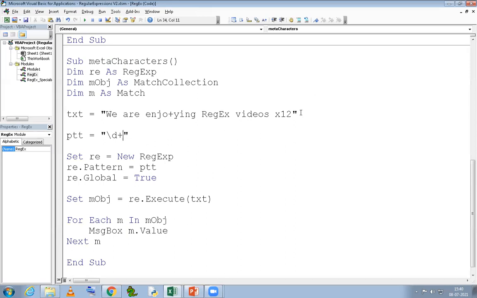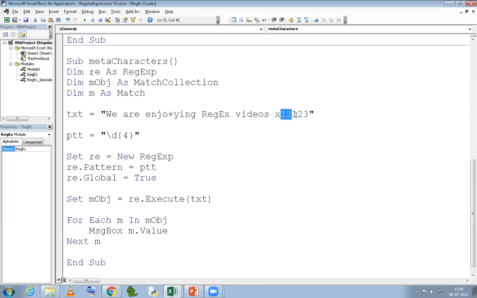F5, see, 1, 2, right? If I use the plus sign and add more digits here, the entire thing will be passed. But if, instead of using the plus sign, I use curly braces and pass the number of digits I'm looking for, it will look for exactly that many digits. And if that many digits are not present, it will find nothing. Simple. So here 1, 2, 3, 4, 5 digits are there. So if I use curly braces and say 4, it will be found.